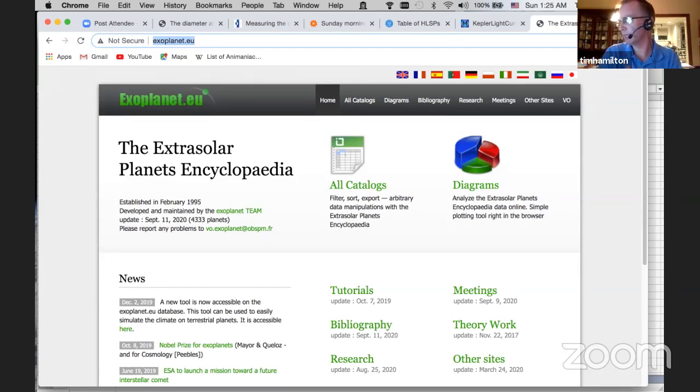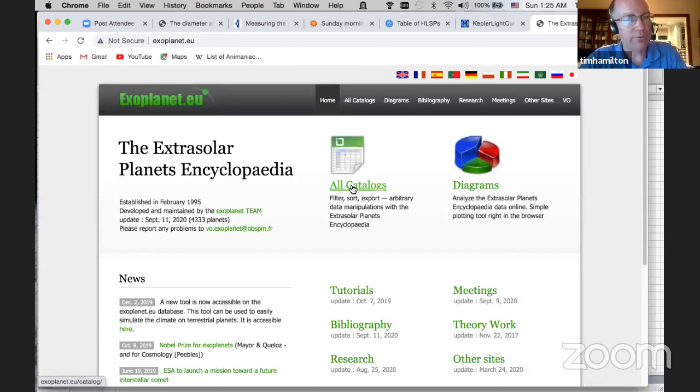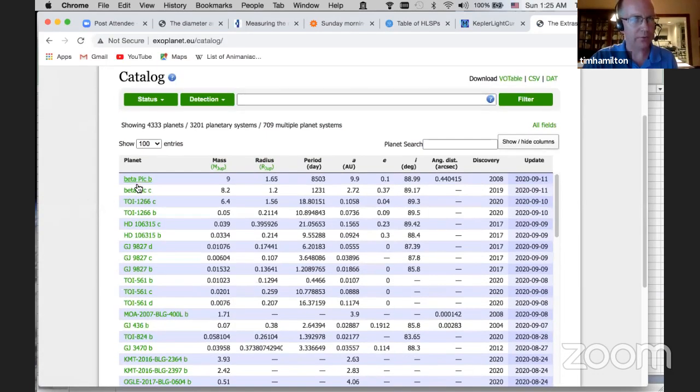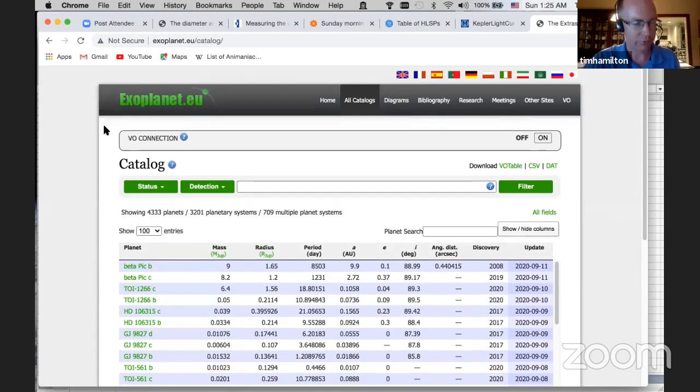Okay, there we go. So now I think you can just click on that. We're going to find the data that's known about the star. Now that's not cheating, because the star has been observed by observatories for years and years, and so there's a wealth of data on these, and we need to know that data. We can't get it all from Kepler. So we go to all catalogs. Now we're going to search. If you take a look here, this is a list of planets. They have 4,333 planets. Can you believe you live in an era when we know of thousands of planets? This still blows my mind, because this was new when I was a student.